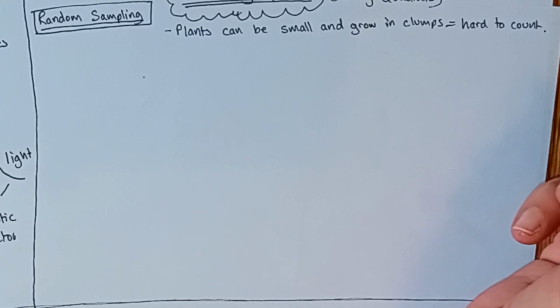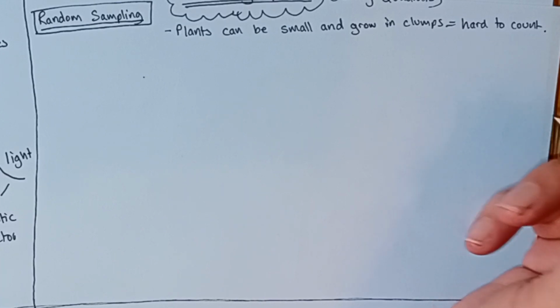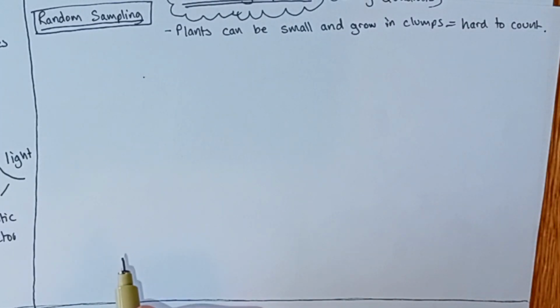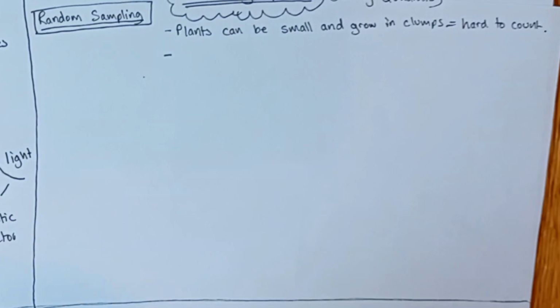So instead, what we do is we take a sample. We don't count them all, we count a few. But to make our sample accurate, we need to do lots of repeats. So for random sampling, we're going to say that we need to do at least 10 repeats